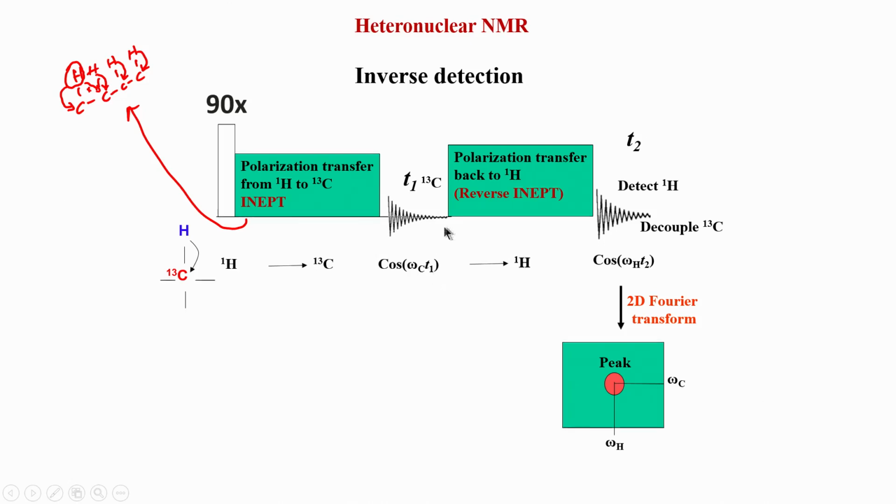So by doing this transfer back and forth, I am correlating the chemical shifts of carbon and proton, but I have reversed the axis compared to what I showed you previously. Here carbon is the indirect dimension. That is why it is called inverse detection. This word inverse detection basically means we are not directly detecting the carbon, we are indirectly detecting the carbon, and therefore we call it inverse detection. This is the most popular way today to do the experiment, that is go from proton to carbon or nitrogen. In case of nitrogen also you can do the same thing.